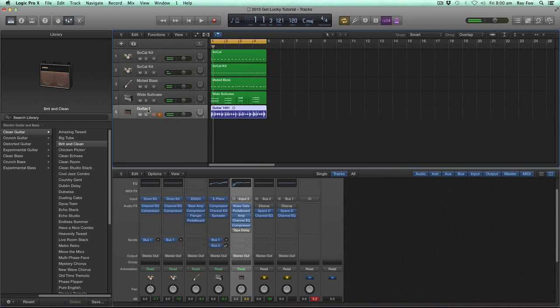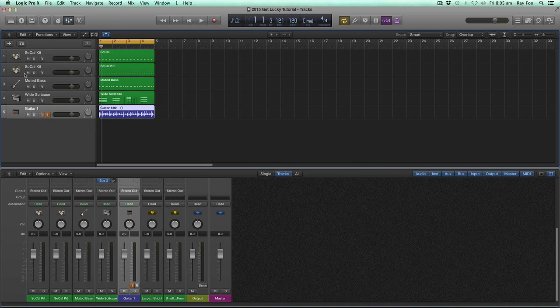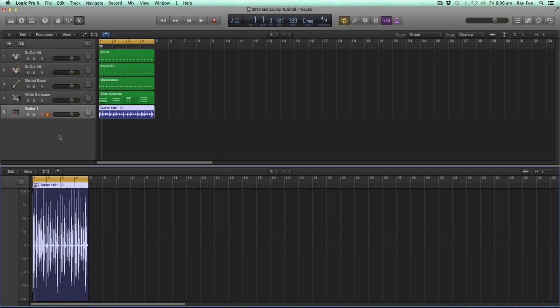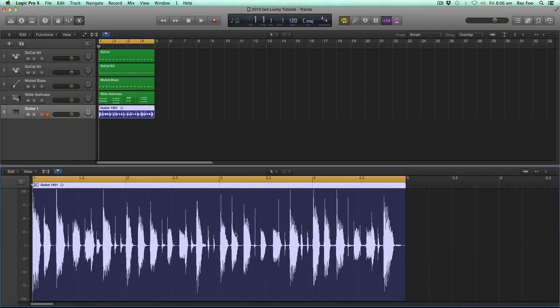So the next thing I'm going to do is I'm going to correct these guitar parts by using Logic 10's new Flex View. Next thing I'm going to do is I'm going to hide this window, press X and double click on this, and I'll zoom in on this audio file. Once I've done that, I want to enable Flex View. To enable Flex View on this region, I'm going to click on here,